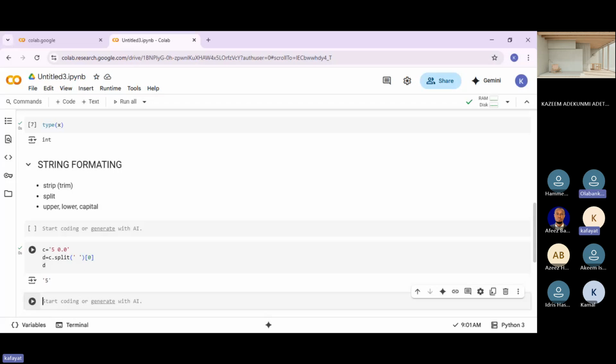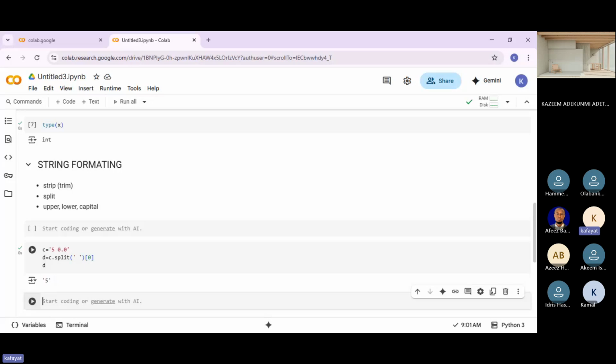The delimiter I use here is space, because the space between 5 and 0 is the delimiter, right? So it now returns the first index element, which is 5.